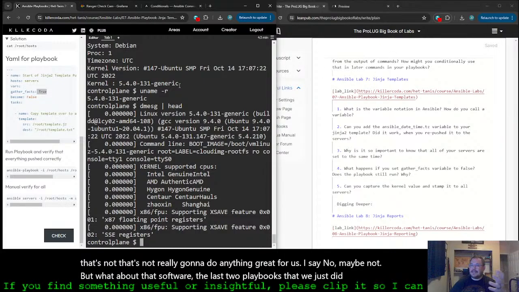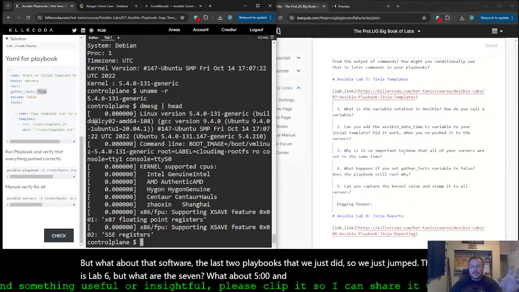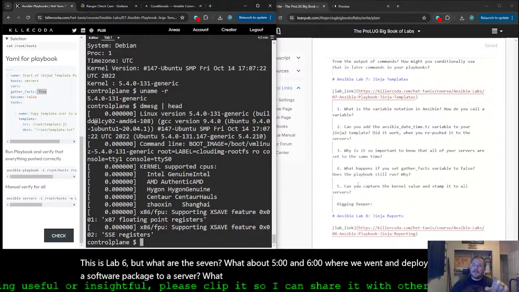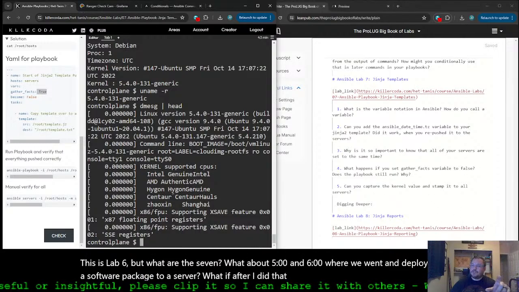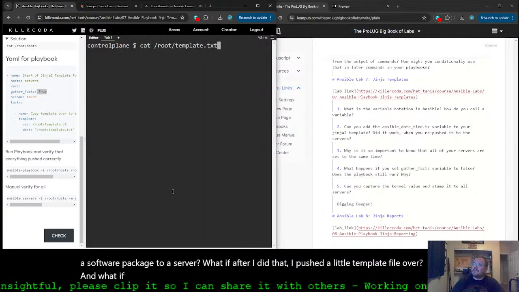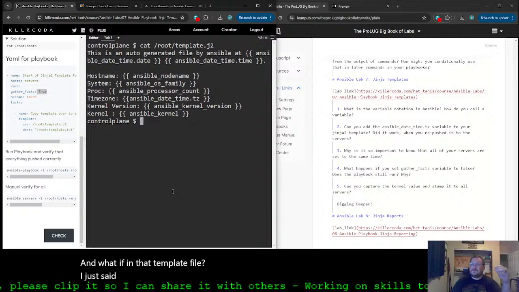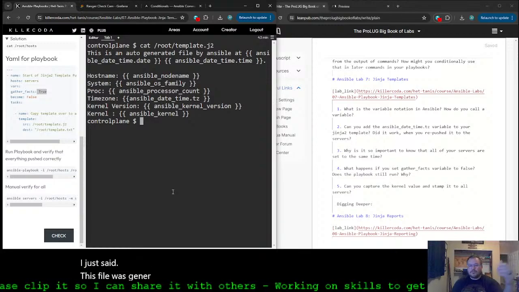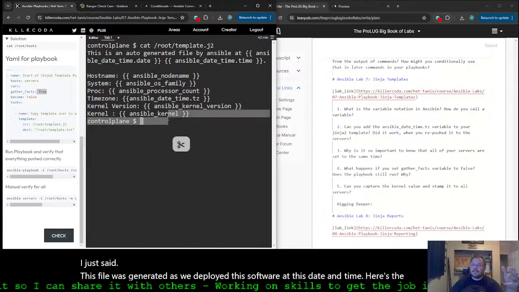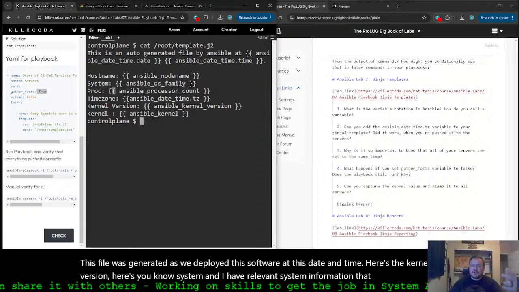So we just jumped, this is lab 6, but this is 7. What about 5 and 6, where we went and deployed a software package to a server? What if, after I did that, I pushed a little template file over? And what if in that template file I just said, this file was generated as we deployed this software at this date and time. Here's the kernel version. Here's the system, and I have relevant system information that I want to be known about how